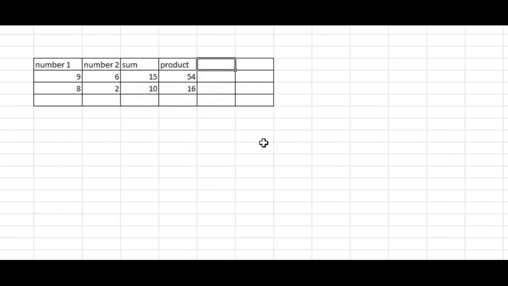Then power. Equal to power in bracket address of number 1 and address of second number, and same thing with the second one, power address of first number comma address of second number.